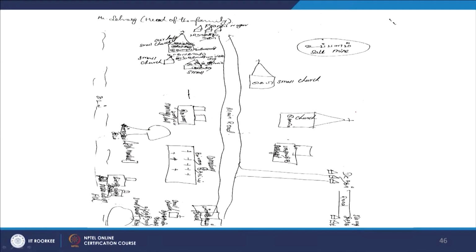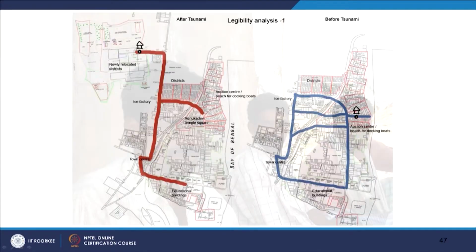Also I have taken the mental maps. In Kovalam I took the mental maps of how people imagine and understand places. But in Tarangambadi it was not possible, because when I gave some papers to draw the mental maps, they were a bit hesitant to draw. Their hands started shivering. Then what I did was, I took the maps developed by CIFS. One is before the tsunami and the second one is after the tsunami.